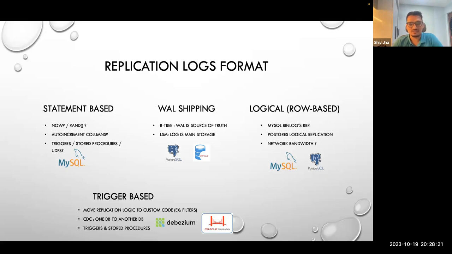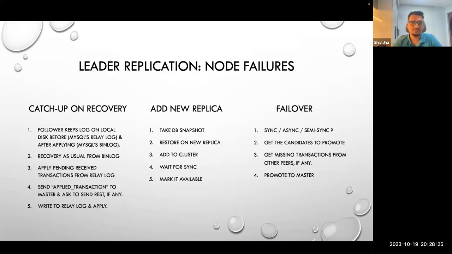as messages in the PubSub world. Oracle's GoldenGate is a similar example. So what happens if your node fails in a leader-based replication? If you have a node that fails and needs to come up, then on recovery, what you do is, remember,